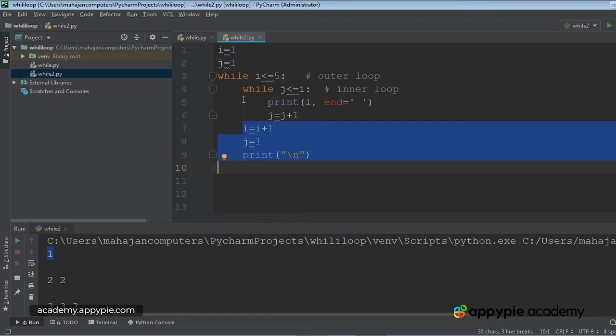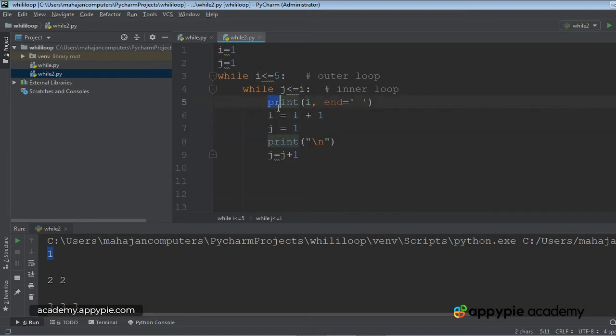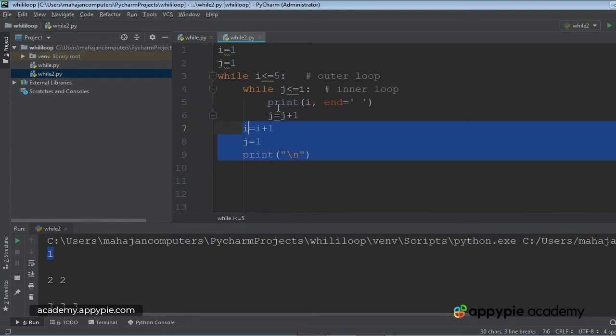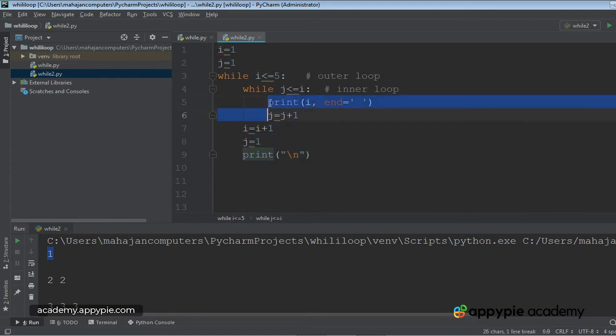That is why you can check it out with the indentation. These statements, printf and j is equal to j plus 1, they belong to the inner loop. Now after printing 1, the control will come to this, the inner loop will break, i is equal to i plus 1, value of i will become 2, j will be reinitialized,